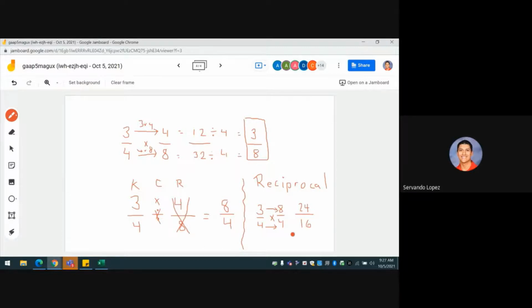Very good. The way to make it into a mixed number is the following. There's 2 ways. Watch this. 24, this is what I like to do. I like to take away 16 from the top number. Listen again. I like to take away the denominator from the top number, because it only takes 16 on your